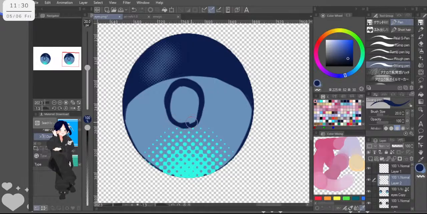And let's fix the shape a little bit then. Like this, and here in the color wheel, just a tiny bit less dark.